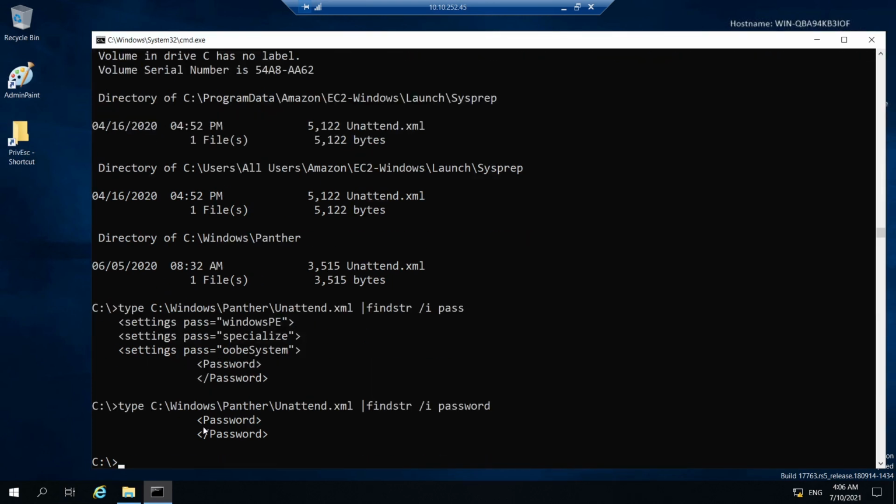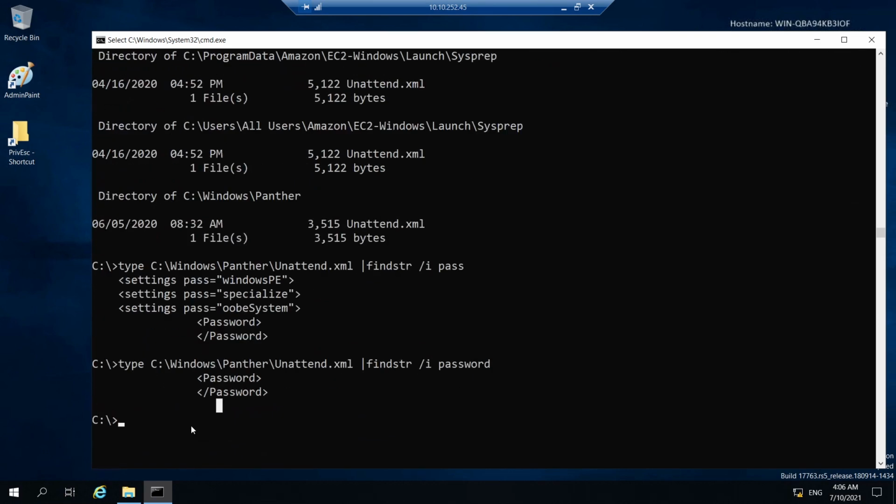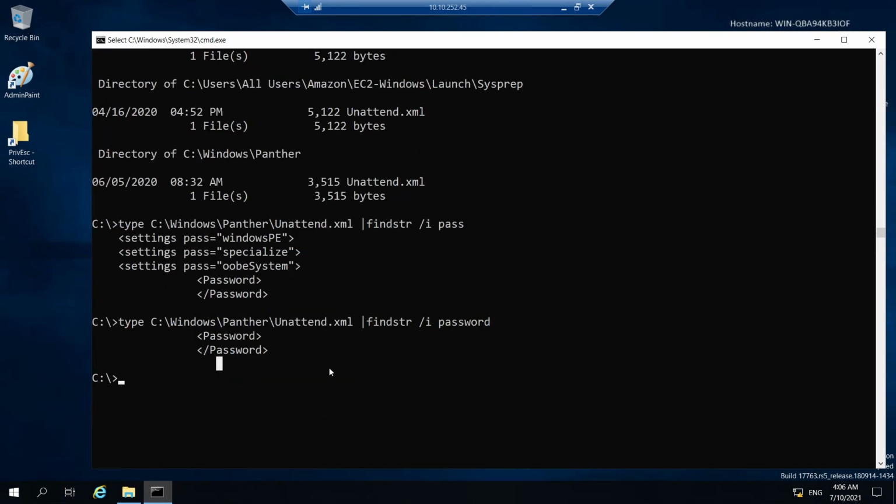There is nothing of value in between these tags. So this way you can find out the passwords. If you are in Kali Linux, you can use PowerSploit for this. That does the same thing, but it has some better filtering options.